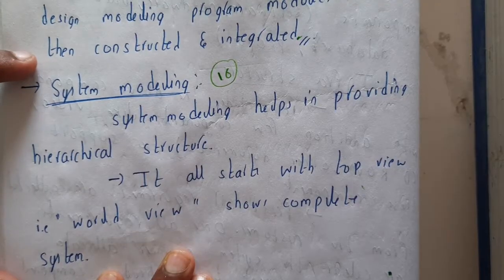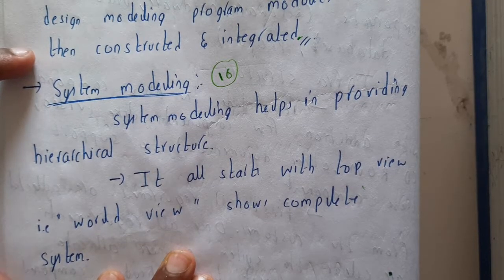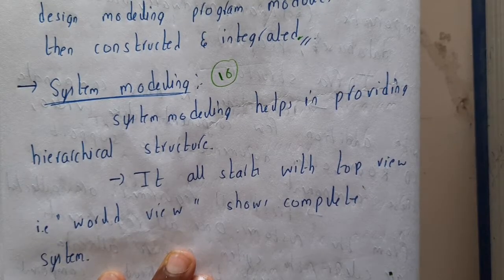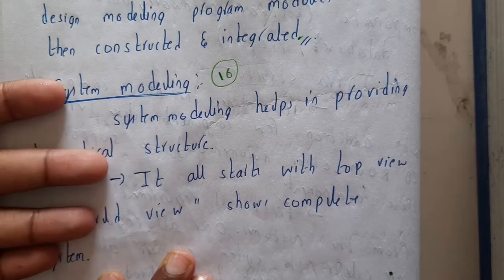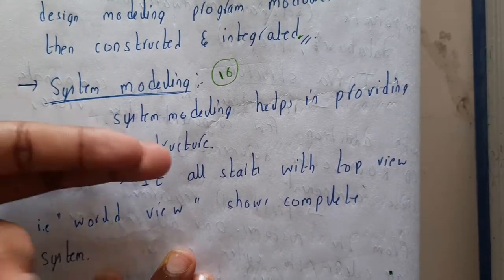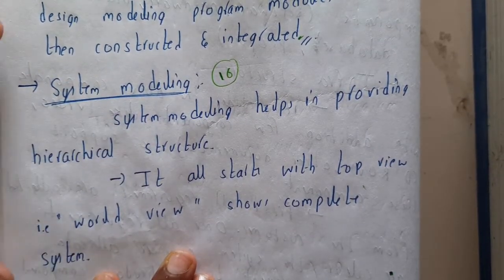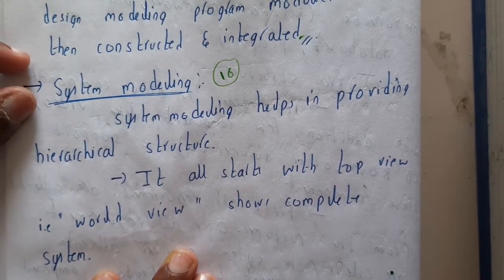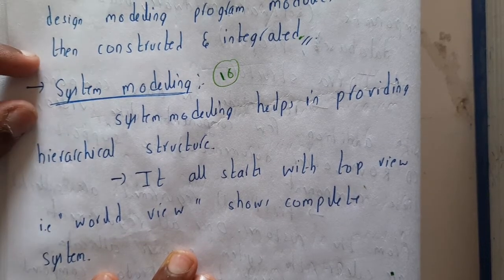So basically, system modeling is nothing but how you are going to represent the project or the application that you are designing, how the flow appears, and how you are going to represent it. So in this lecture we will be discussing UML, Unified Modeling Language, as I told you. Don't worry. So what is basically system modeling?